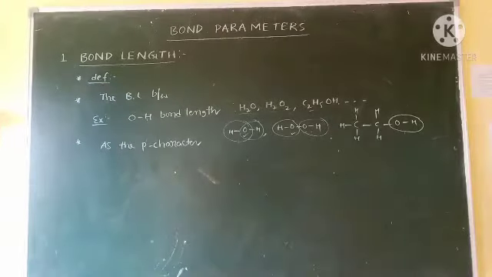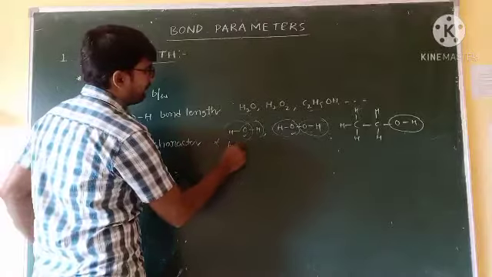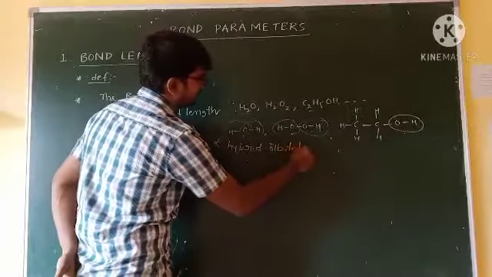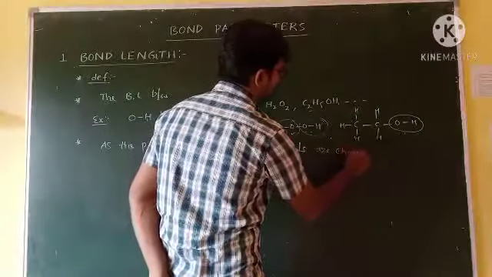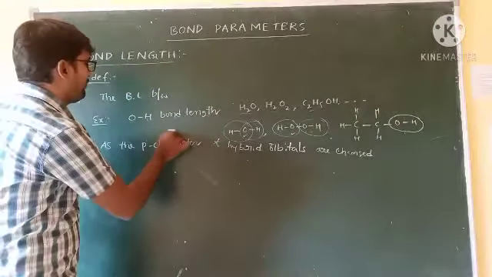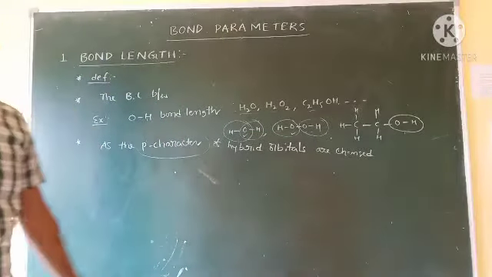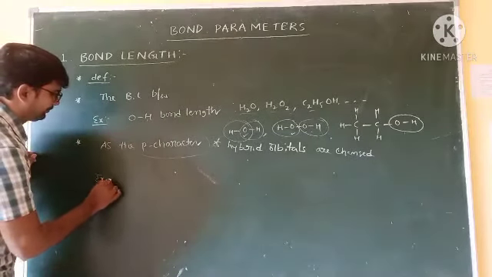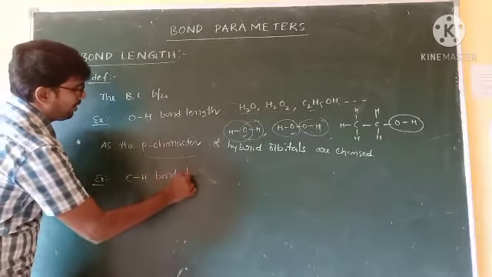In case the p character of hybrid orbitals is changed, bond lengths are also changed. An interesting example from this one: CH bond length